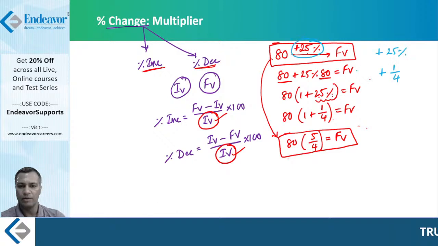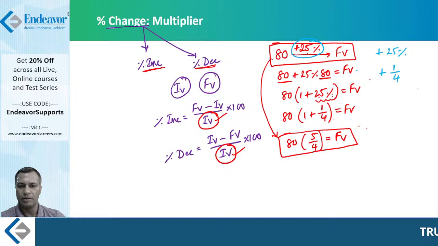Now what you do is, denominator as it is, copy the denominator as it is, don't change. Now look at this, 4 plus 1. There is a plus sign, and 1, write that in the numerator, 5 by 4. Therefore 25% increase means 5 by 4th of the number. This 5 by 4 is called the multiplier.